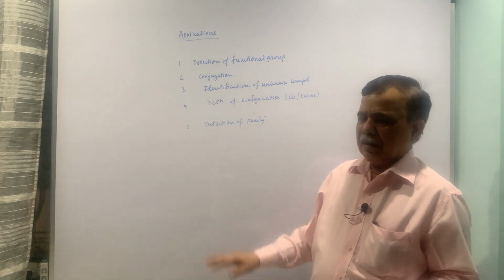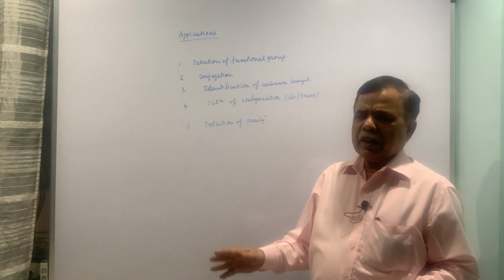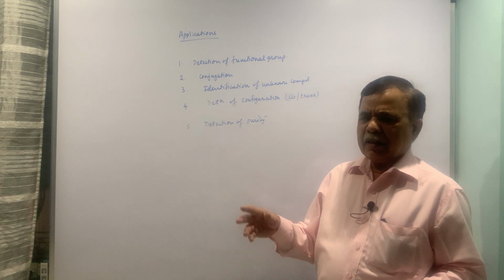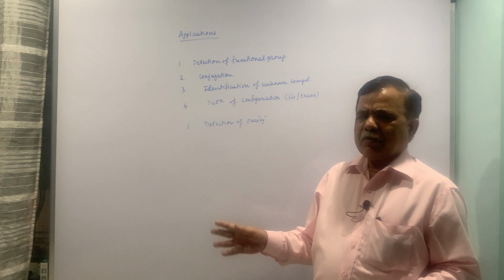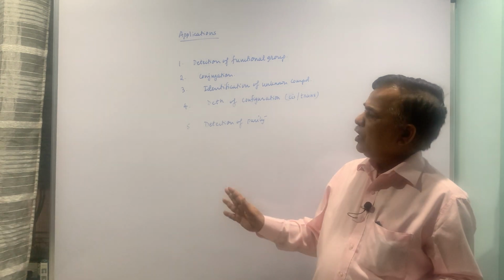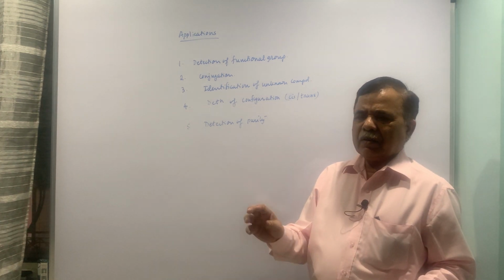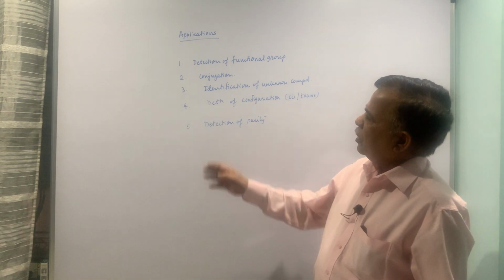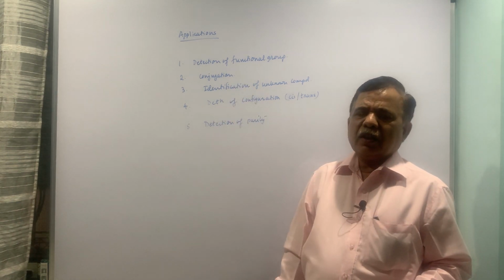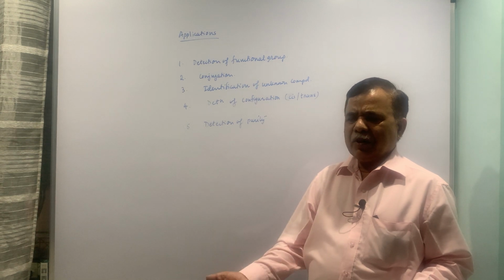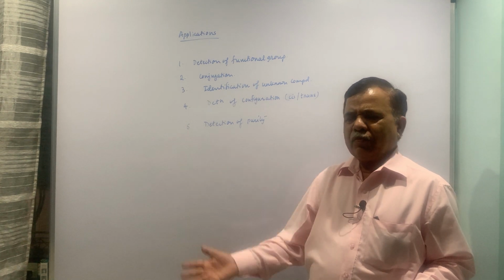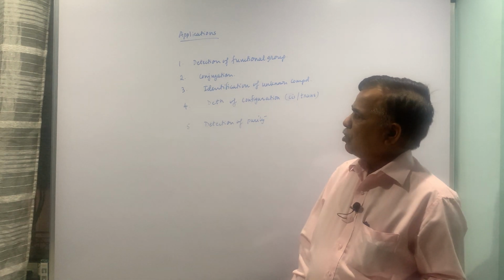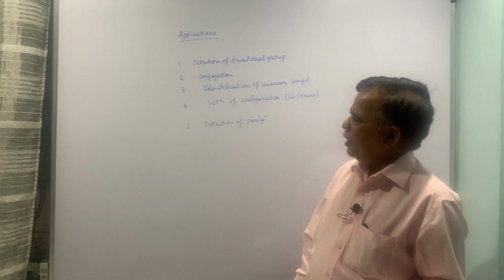Then the other things will be there: electronic excitations, absorptions, their recording of spectra, then study of the absorption maxima or lambda max, everything is possible provided your compound is carrying a chromophoric group, that is functional group. Then second is conjugation. The extent of conjugation you can study, you can go for the bathochromic shift if the conjugation is more, and so on. So extent of conjugation can be studied.